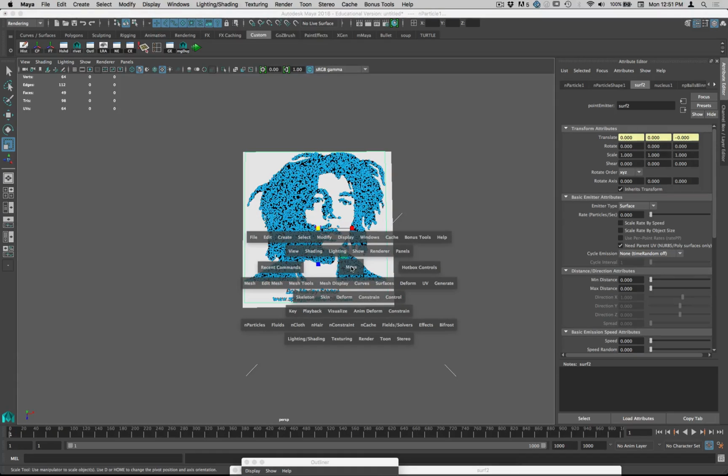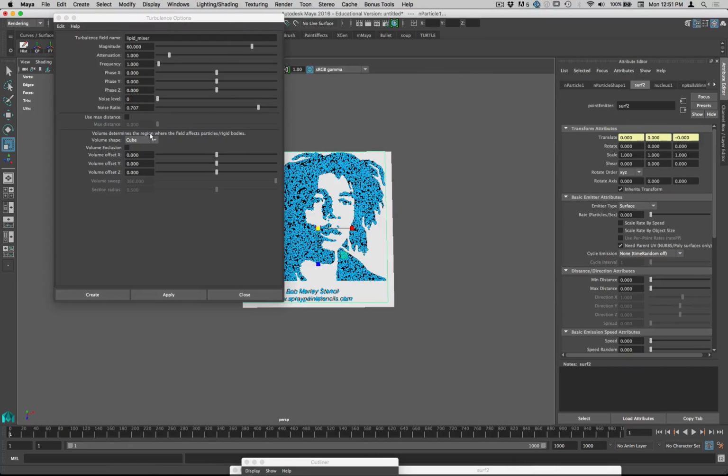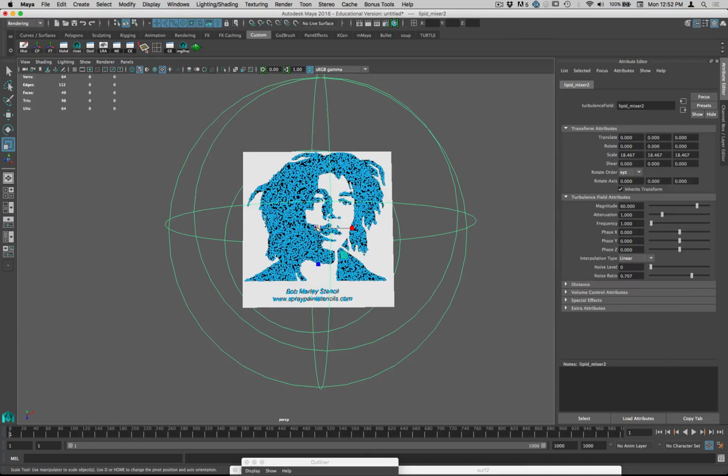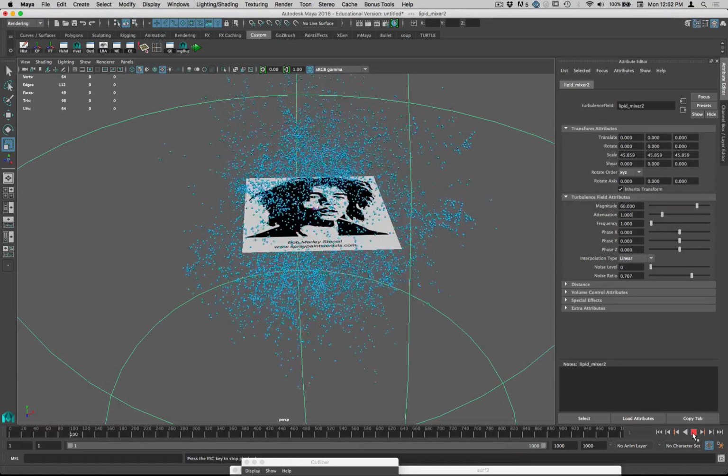So we'll select those particles, and I'll just do something like a turbulence field. In the last one, I used the curved flow field that we used for blood flow before to have them come in from a direction, but that's kind of a pain to set up right now, so I'll just use a turbulence field in a sphere shape. So if I just play this, let's see what happens. Okay, so they all go into random